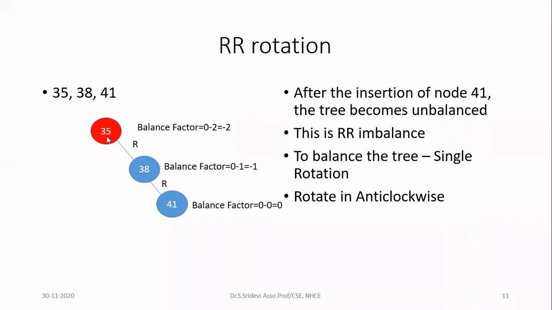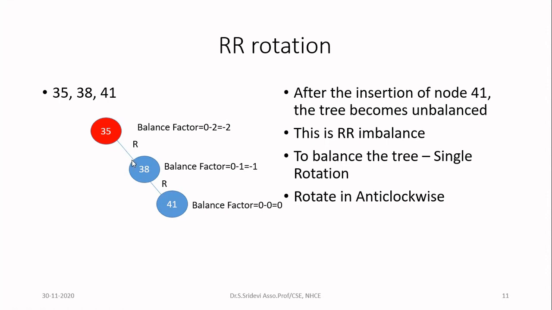So how to balance this node? For that, first I have to identify what type of rotation, or what type of imbalance, this is. Now, start from this imbalanced node and travel towards the newly inserted node. You will come across many links. You give lettering for the first two links. So here, from this node 35, the first link towards this new node is this one.